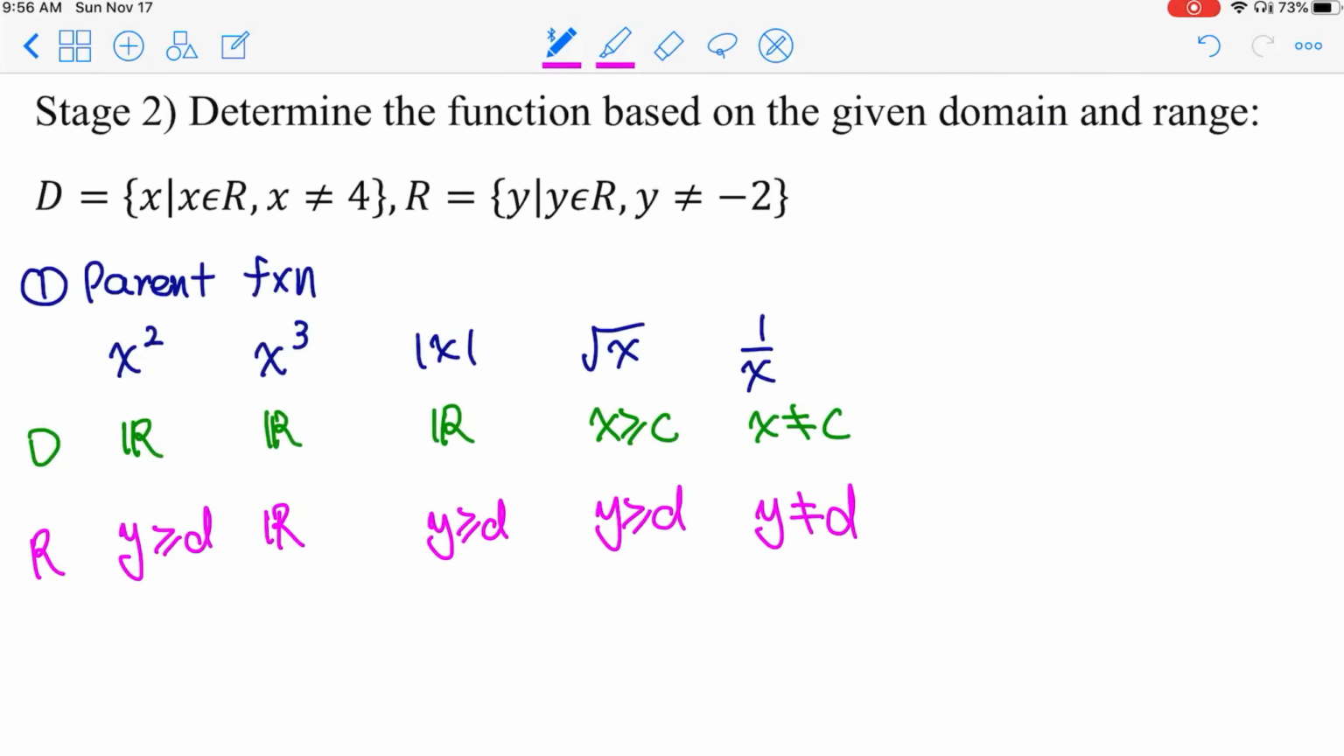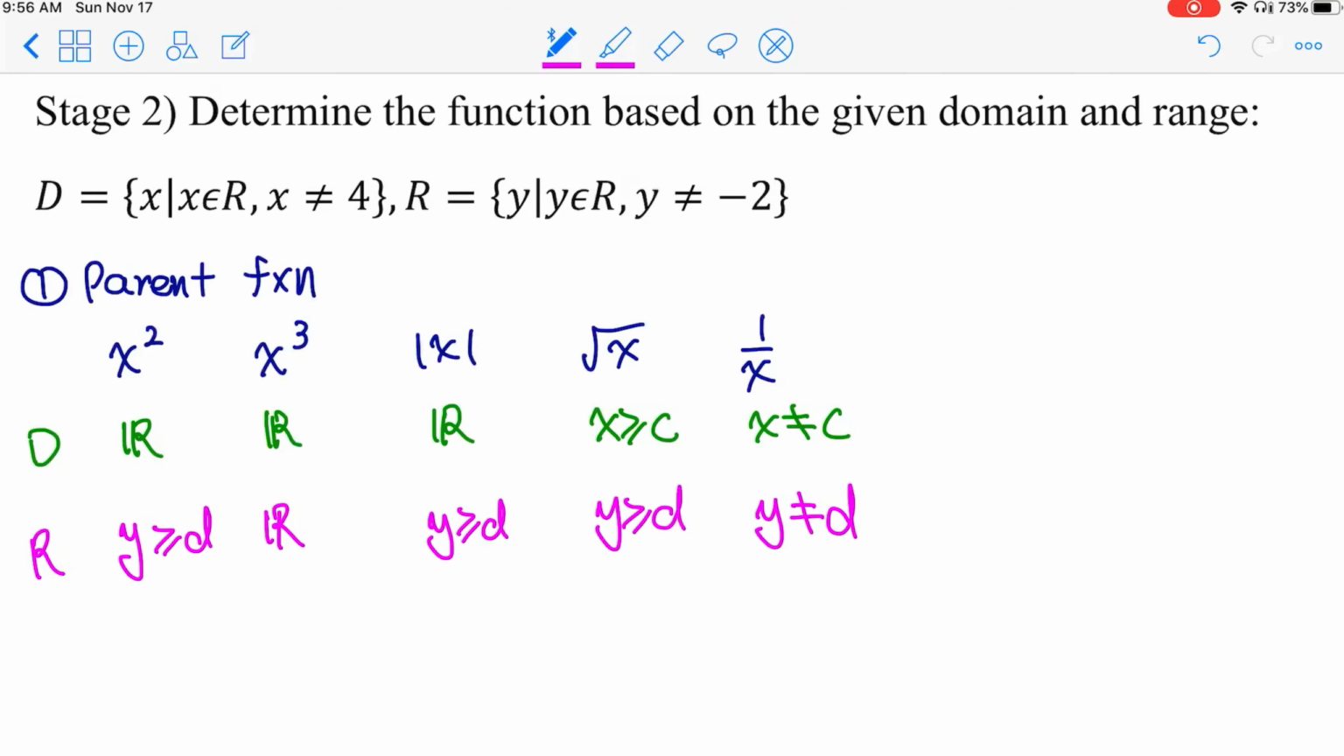So when you deal with this type of question where it says determine the function based on the given domain and range, domain being x is an element of real numbers, x cannot be 4, and y is an element of real numbers and y cannot be -2, you need to remember all your parent functions and their domain and range. So please take a look at the chart that I just wrote on the screen, and hopefully